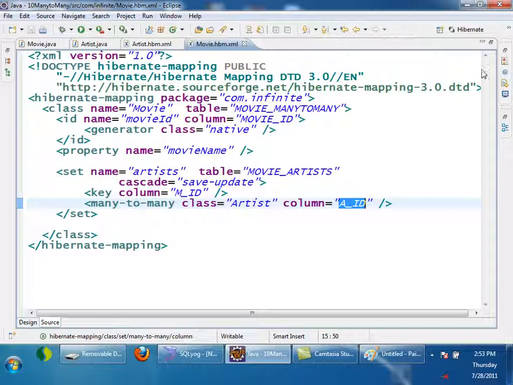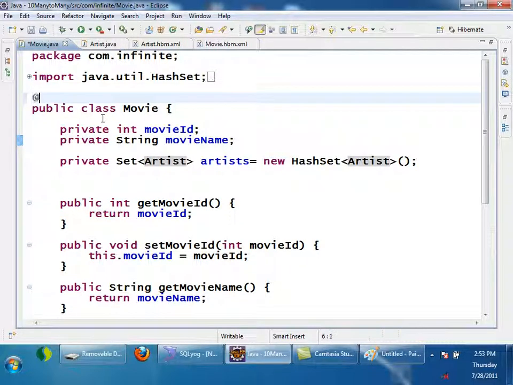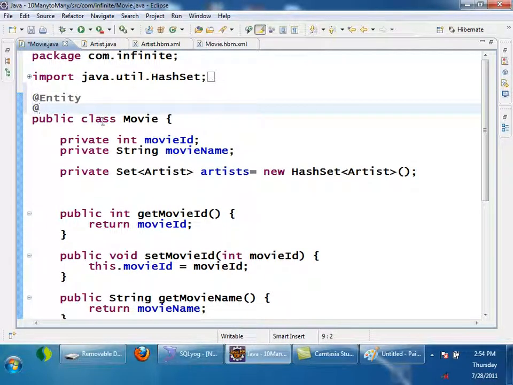Now coming to annotations. Now movie is an entity, so simply first I will annotate this with entity, and I'll give a table name.